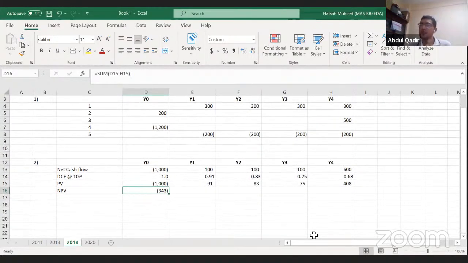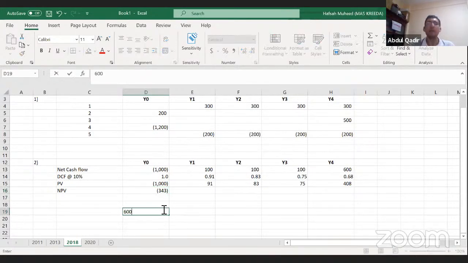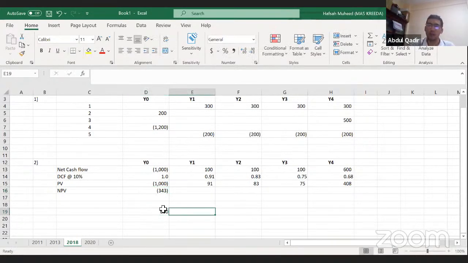But what has been the issue? The accountant has forgotten to include some of these items. So there you're getting a positive, here you're getting a negative. What you need to do is, if you had included these items along with that initial NPV which you calculated, you will get the total and the same answer. So you have a positive NPV of 600 already. You need to deduct this 343 and see whether you still have a positive NPV. Basically, you're combining the both.